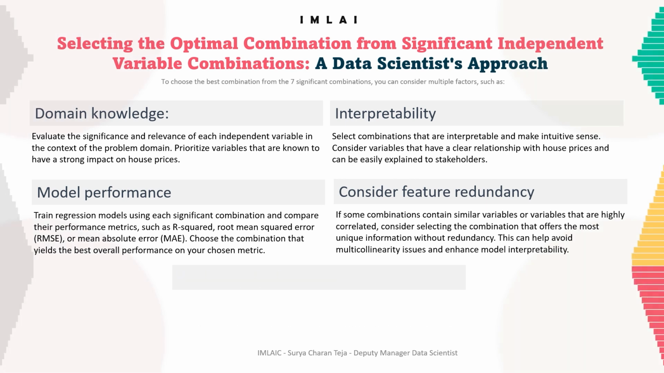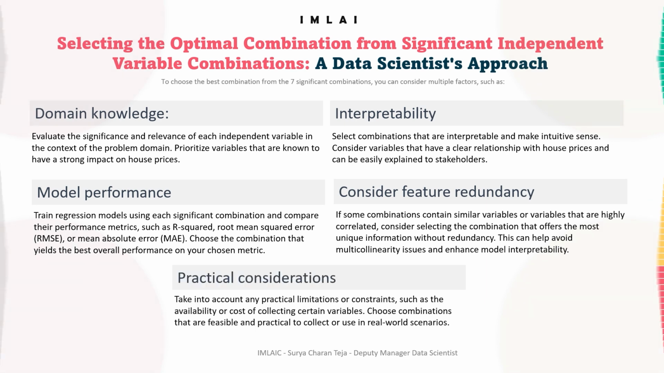The last one is practical considerations. You have to take practical limitations or constraints into account, such as the availability or cost of collecting certain variables. So choose combinations that are feasible and practical to use in real world scenarios. By considering these factors and conducting further analysis and experimentation, you can identify the most suitable combination of independent variables that provide the best predictive power and interpretability for your specific house price